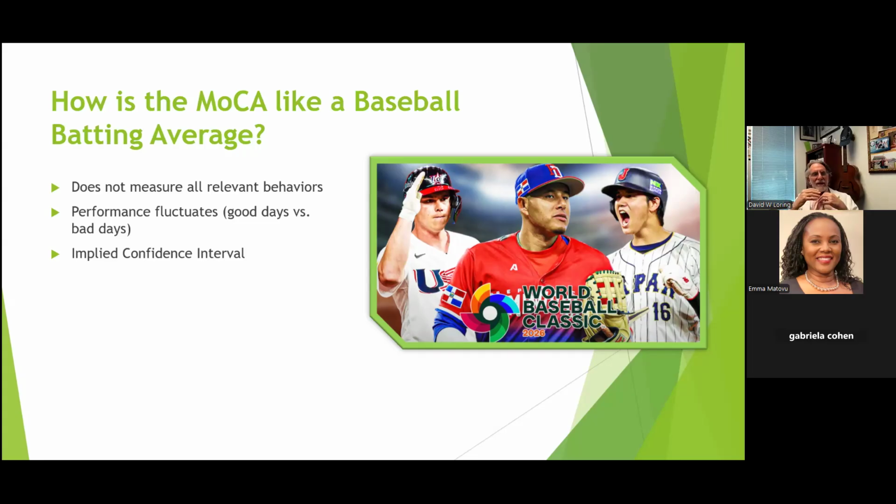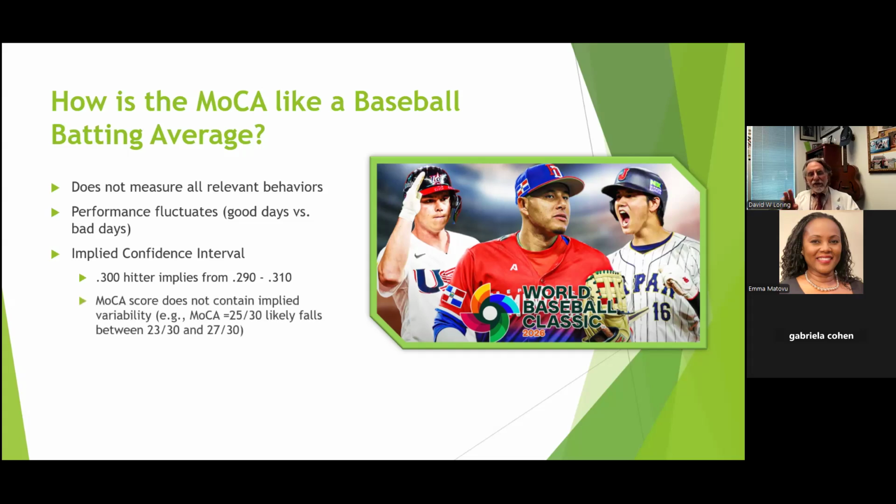So the absence of an implied confidence interval, I think, is good as we see this with batting average, because if you tell somebody the .300 hitter is up a few points or down a few points in a season's batting average, that's expected and there's no worry with that. But when we have a MoCA score, say a MoCA score of 25, people are going to treat that as pretty absolute without considering that it probably represents some variability above and variability below.